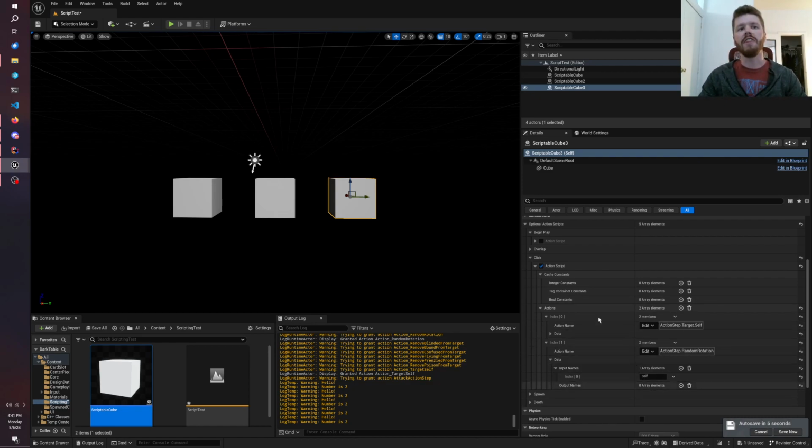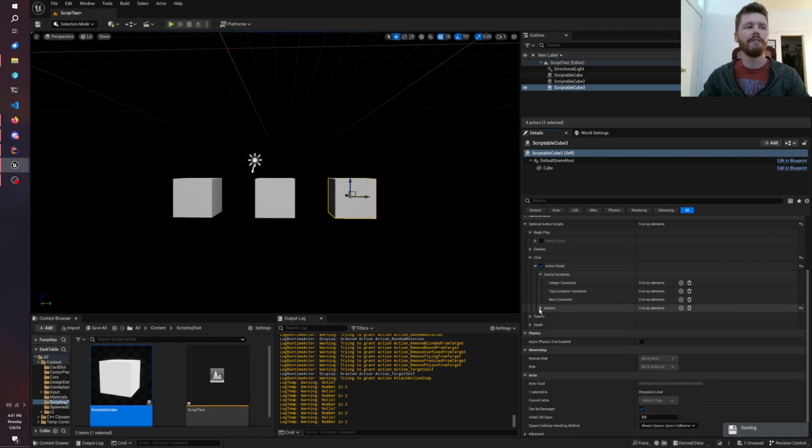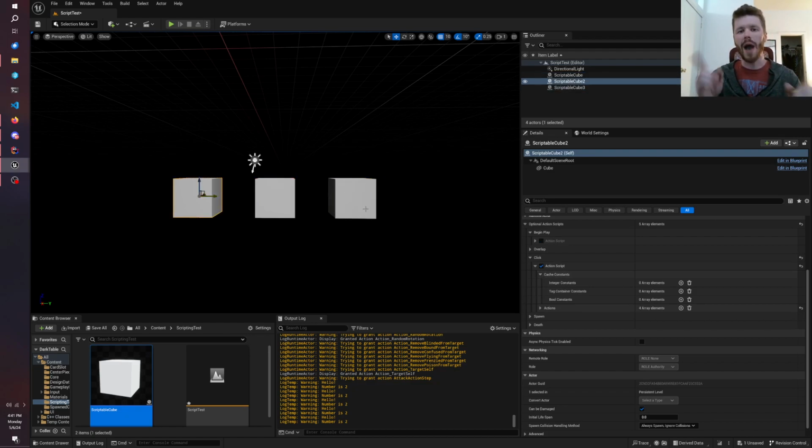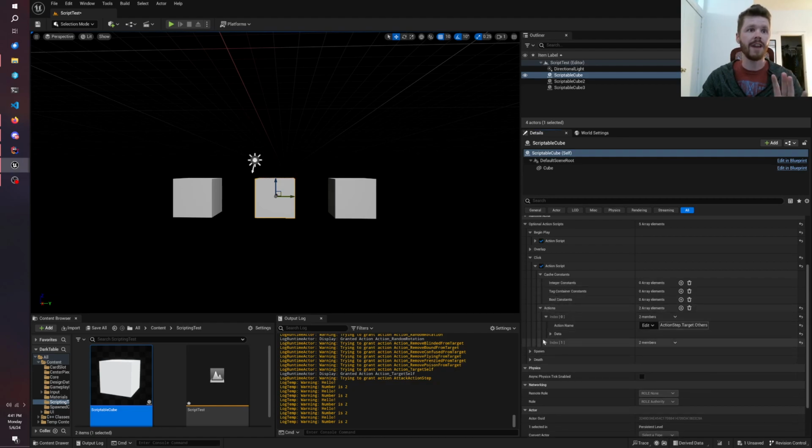Well, because these settings are all done in data, they could presumably live just about anywhere. For right now, each actor is tracking its own set of scripts, but in this setup, if you want two actors to do the same thing, you have to set the data the same in two places or multiple places, which is kind of a bummer. Conceivably, you could instead put all of this information, like all of these steps and everything,